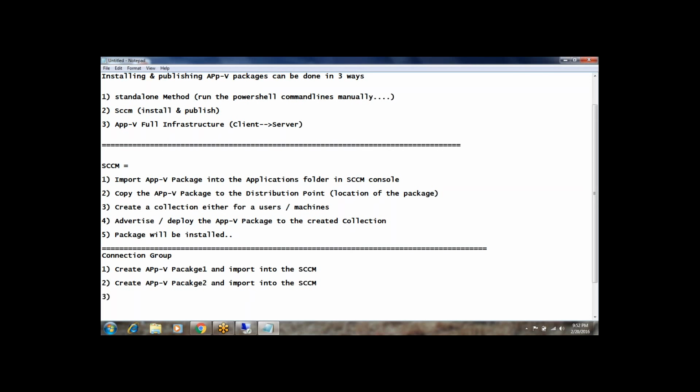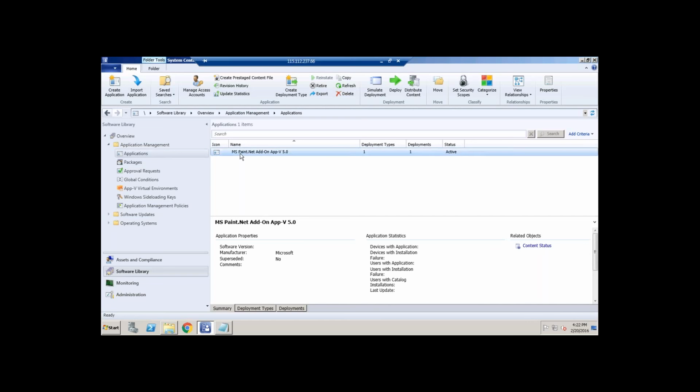Now go to the virtual environment. Then here you need to create a group and add AppV packages into this group. You see here, I just have a package 1. Let me import one more package.